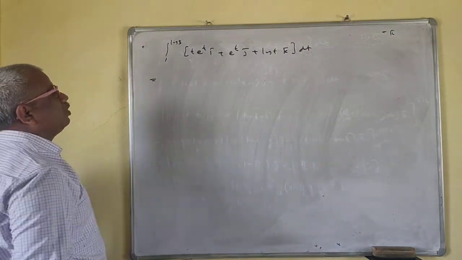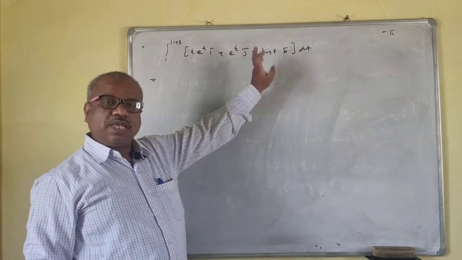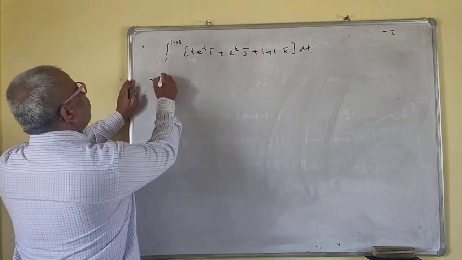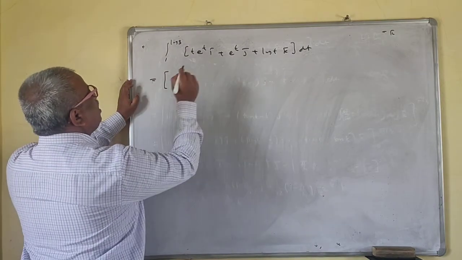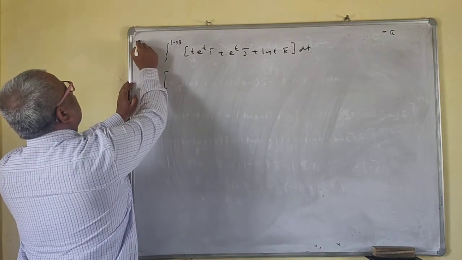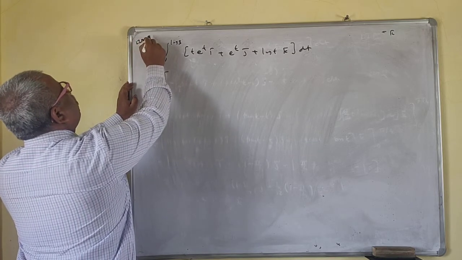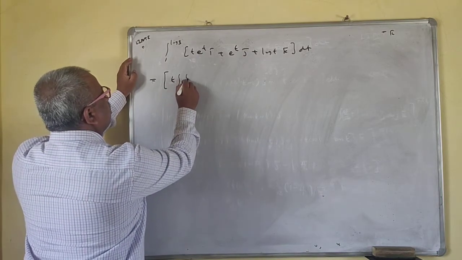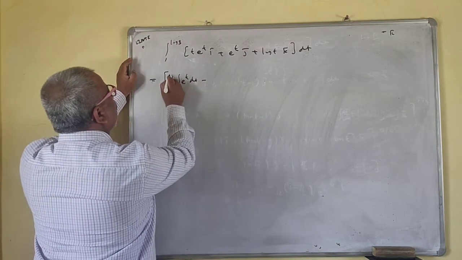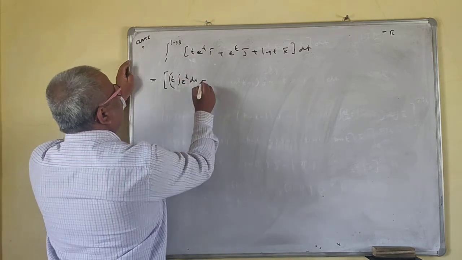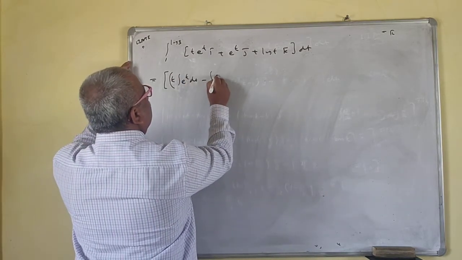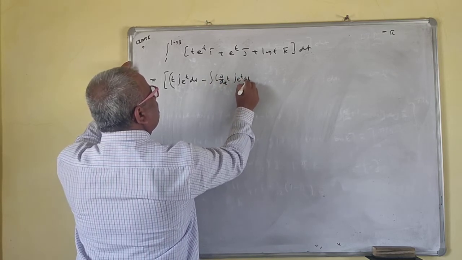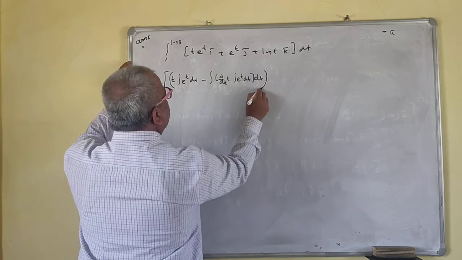Solution. Again here you have to use by parts for log of t also. To evaluate the integration of log of t, you need by parts. Okay, so that we will do in the bracket, no problem. But first we will integrate this. LIATE: e for exponential function is last, so you have to take t outside. Integration of e to power dt, minus, okay, I will write in bracket, minus integration of d by dt of t times integration of e raised to t dt.